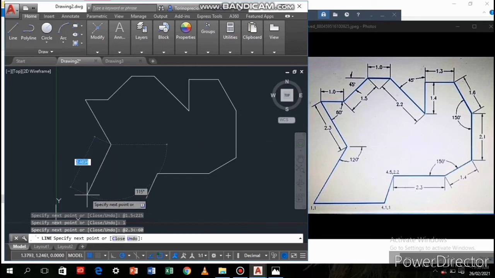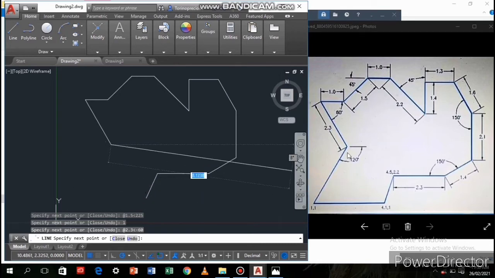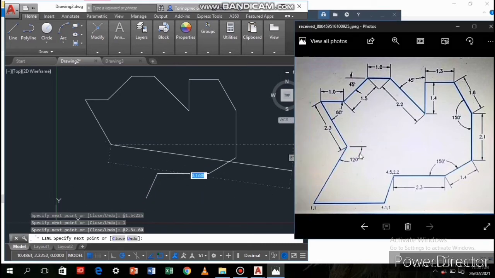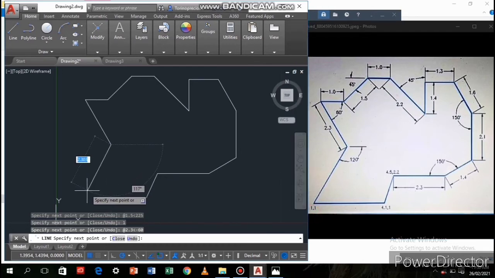Second to the last line, the given measurements are negative 120 degrees from the positive x-axis and its ordinate 1.1. So first, we will put the angle negative 120 and enter. You will notice that the line we created varies its length depending on how we move the cursor, yet its angle does not change. So applying the other given measurement, which is its ordinate 1.1, we will drag the cursor